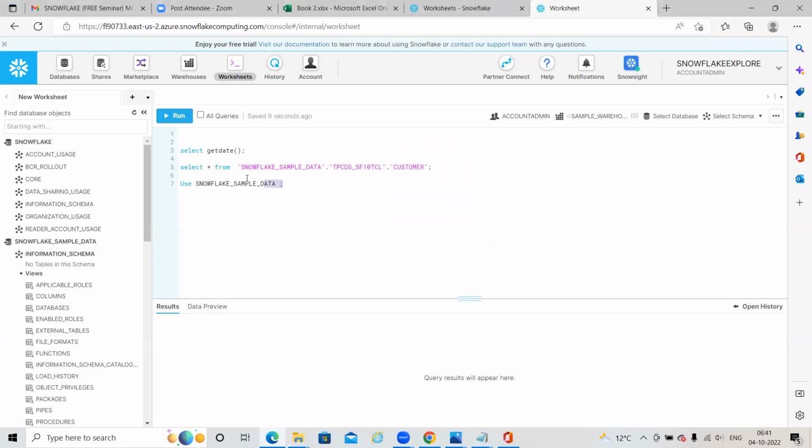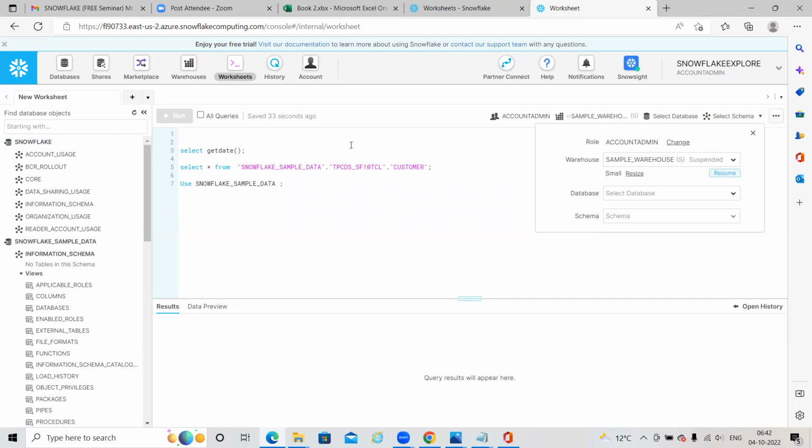When you execute your SQL query in Snowflake, you have a warehouse concept here. This is a database, and this is a schema where this particular table is stored.